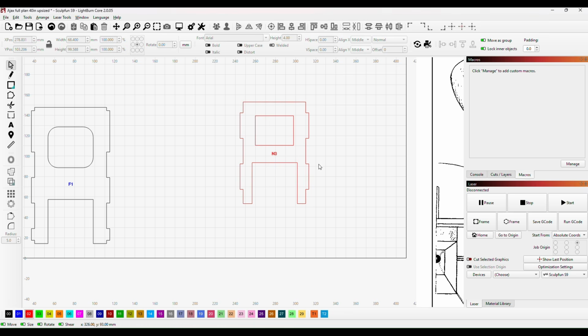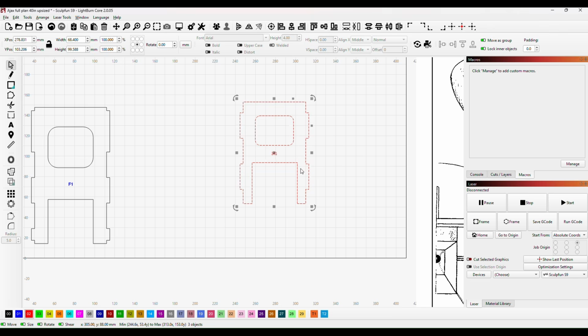And so that's all now nice and centered. What I also think I'll do is I'll put our radiuses onto the corners of this top shape,